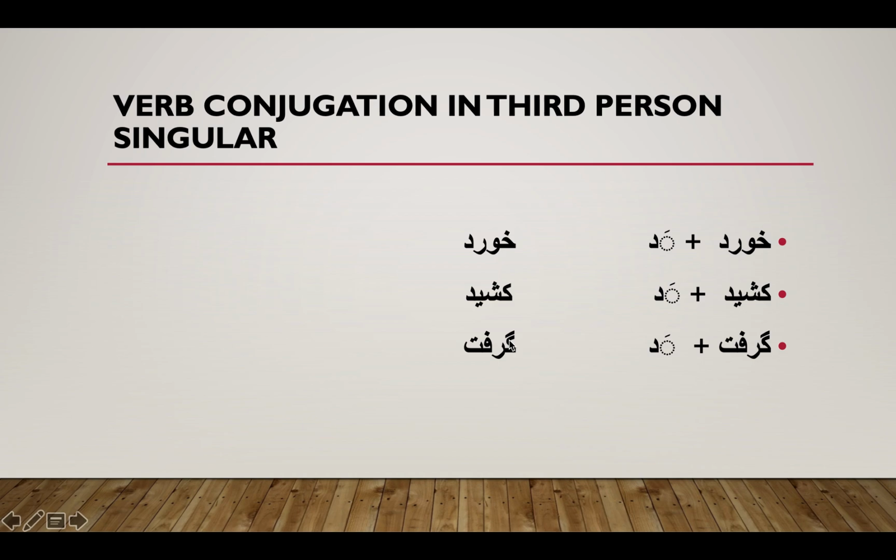And verb conjugation in third person singular. So I know the third person singular ending is ad, ad, ad, and I add them to the end of past stem. And then what happens here, this short vowel a needs a station. So it will be landing at the last consonant of my past stem. So this a will be added to this dal. This a will be added to this dal. This a will be added to this te at the end. And what I have is